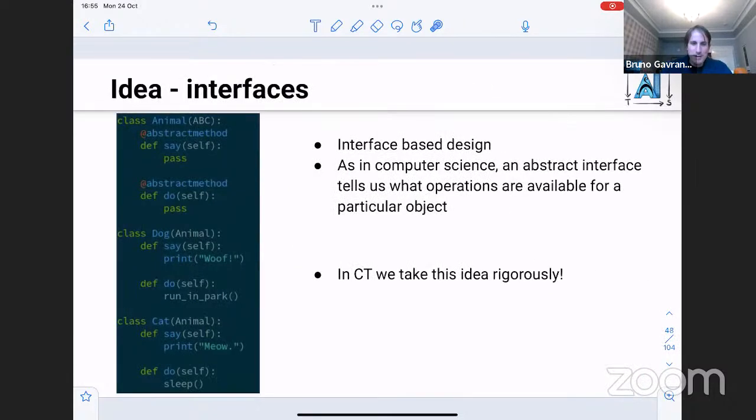So the idea here is not to disallow anybody from doing anything, but merely to be upfront about the interface we're using. So we're taking a really stringent and rigorous view here of what kind of computation you can be doing. And if you think about computer science and software engineering, we have classes and interfaces. When we write a class, we say what are the kinds of things we can do. We are going to have inheritance and whatnot. And these are the only things we expect the user of our interface to be able to do. So the same goes for